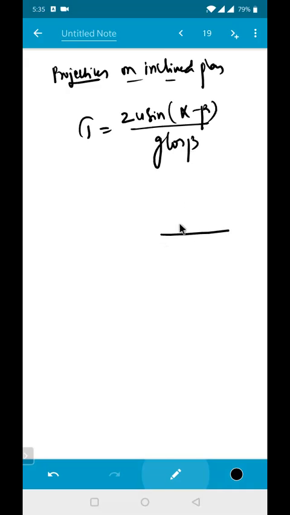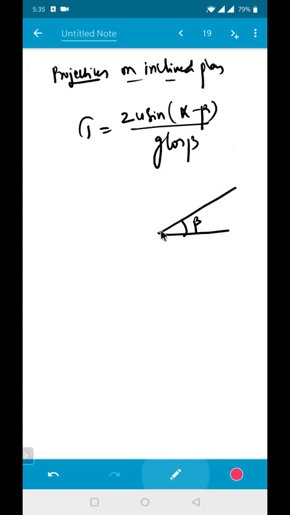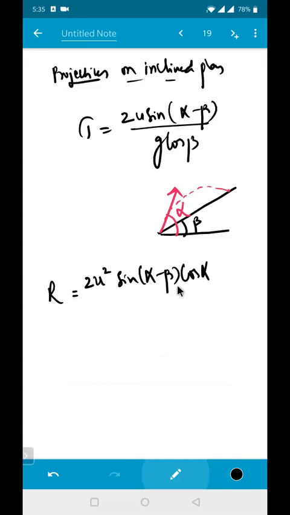So this is actually the rough diagram for this one. This is your incline. This incline is making an angle of beta. And from this one, you are projecting a particle here, so that it makes a projectile and hits the plane somewhere here. The angle made by this one is how much for me? Alpha. So the time of flight formula is T equals 2u sine of alpha minus beta divided by g into cos beta. The range formula is very important for that one. R equals 2u square into sine of alpha minus beta into cos alpha divided by g into cos square beta. Okay, so these are some of the important formulas you need to remember.